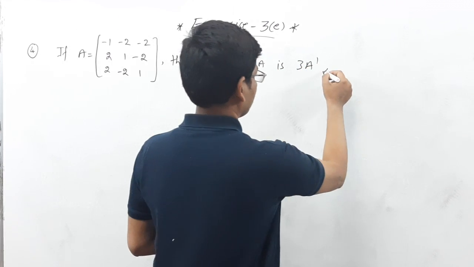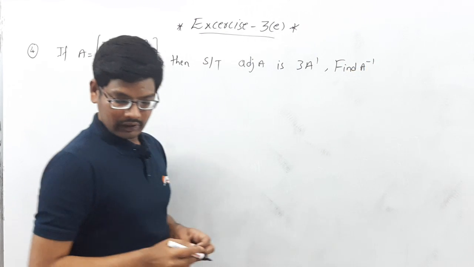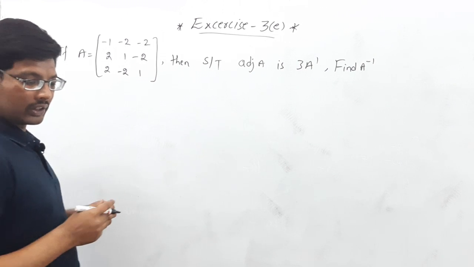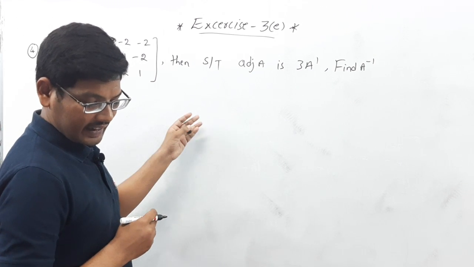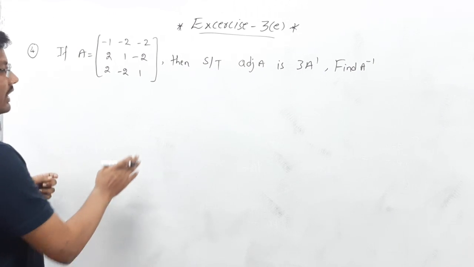Find A inverse. Here he is given adjoint of A, and he is asking to show 3A dash is equal to adjoint of A. Adjoint of A is equal to 3A dash here, and